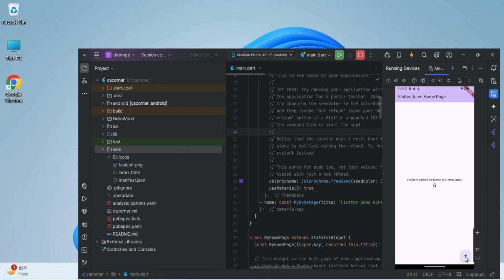So guys, before starting the actual video, let me tell you what things are required for running your Flutter application. For running a Flutter application, you require what? Flutter SDK. After downloading Flutter, we will be setting the path of Flutter in the environment variable. That is the second step. After that, we will be downloading what? Android Studio, and then in Android Studio we will be downloading command line tools.